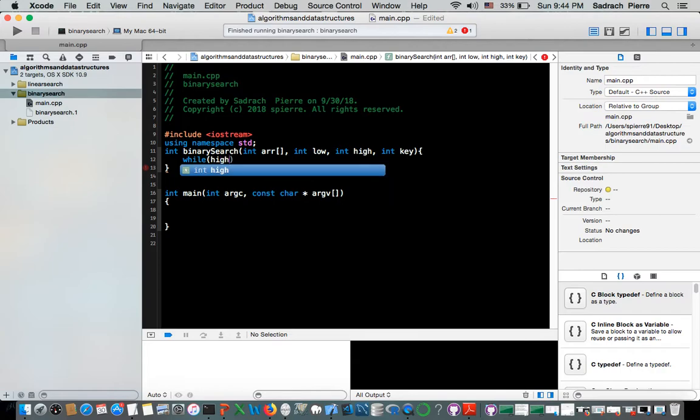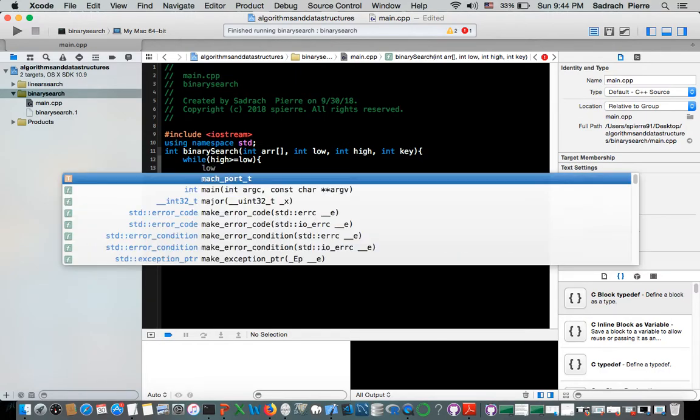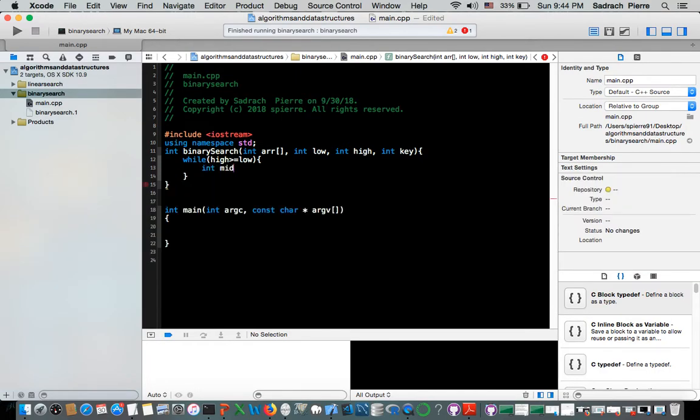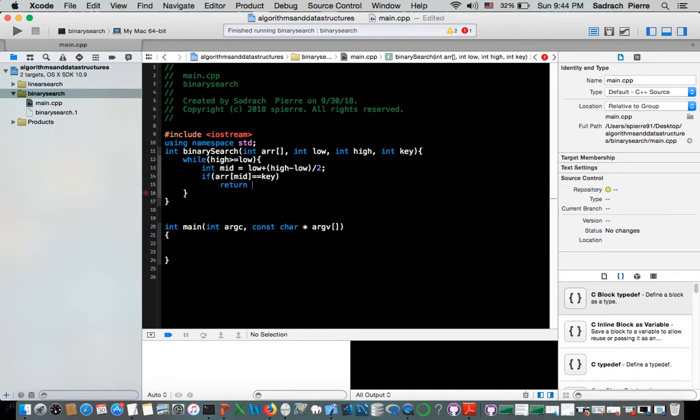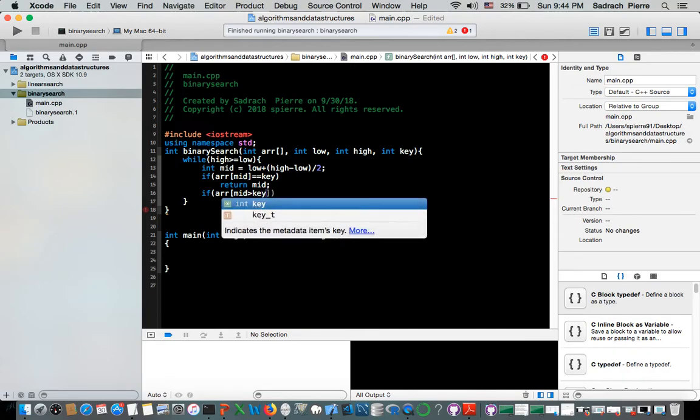We then proceed by defining a while loop, which says while the high index is greater than or equal to the low index, we define an integer value for the middle index, which is the low plus the high minus the low, divided by 2. We then say if the array value at the middle index is equal to the key, we return the middle index. If the array value at the middle index is greater than the key,